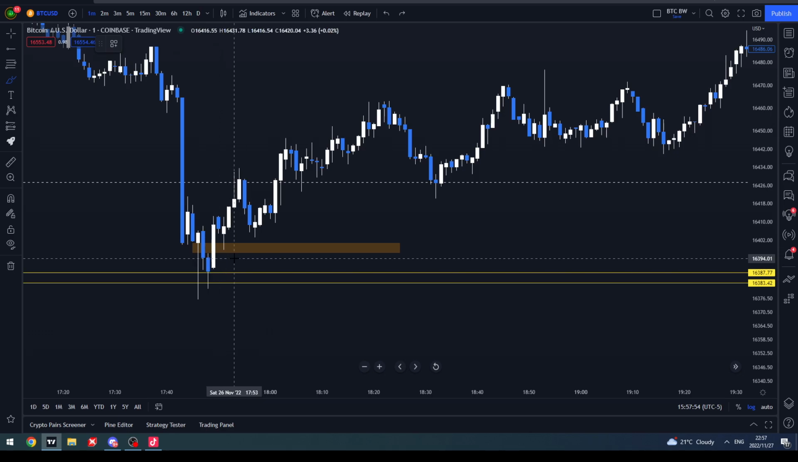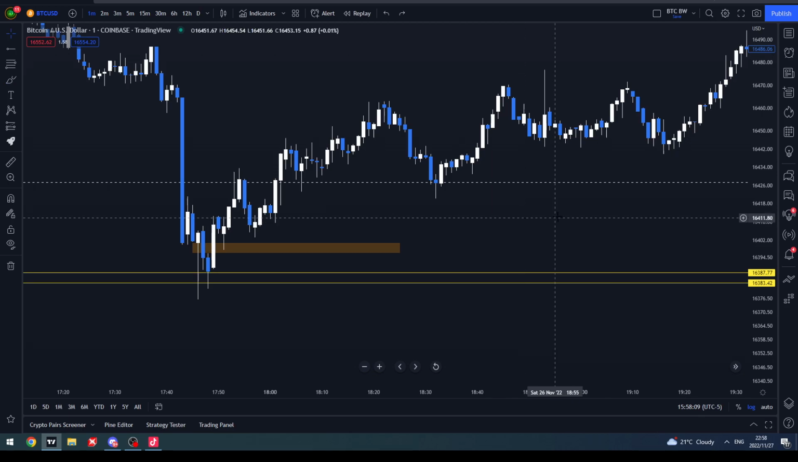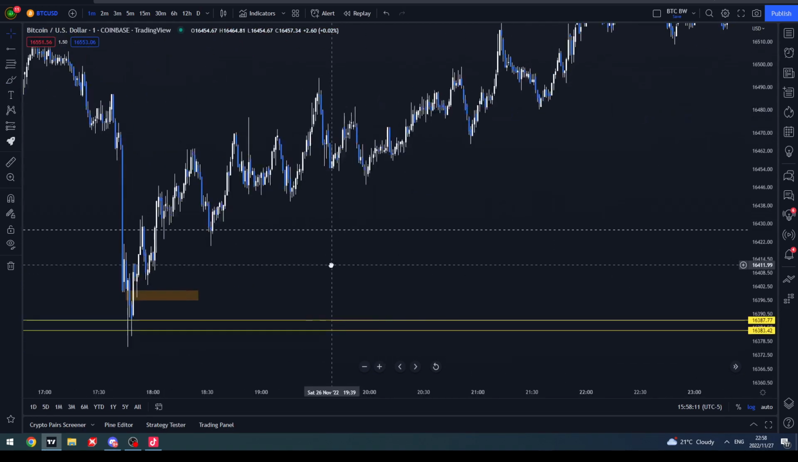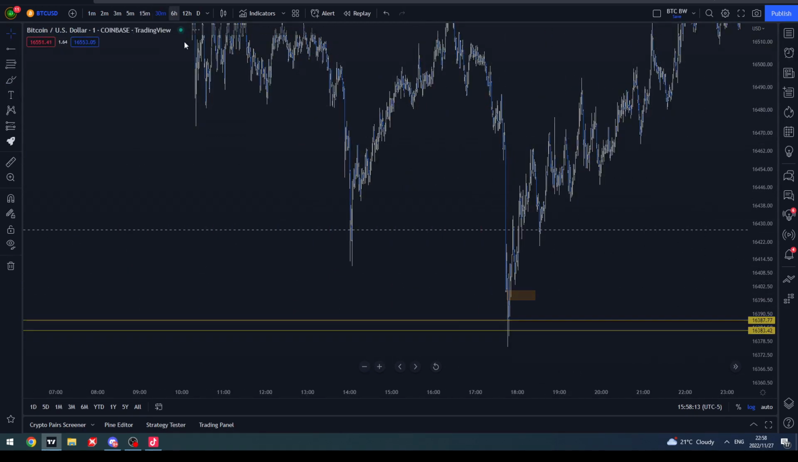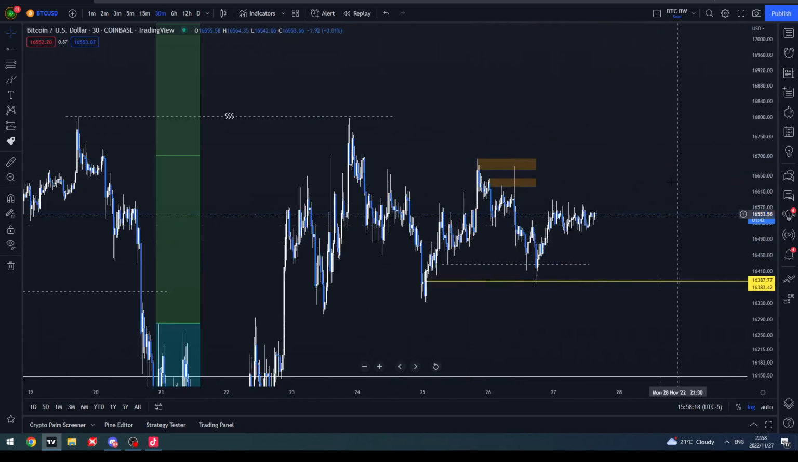Your entry is confirmed when price closes above here and here. This was the candle that did it. You can see price pulled back into here, and then it was just off to the races. Didn't hold back, didn't stop, carried on moving. Now the hope here on BTC is to get an entry. Ordinarily, I wouldn't